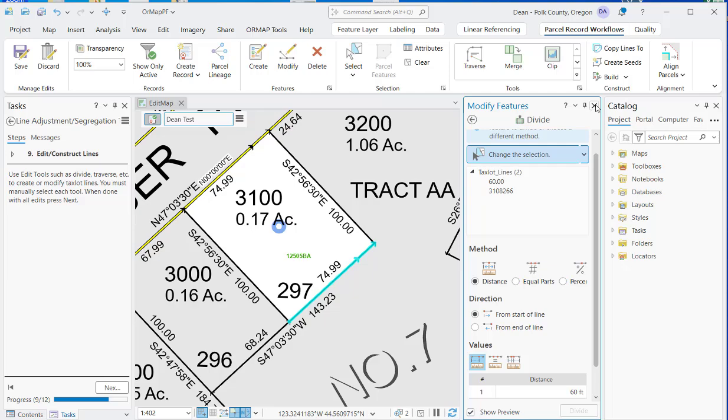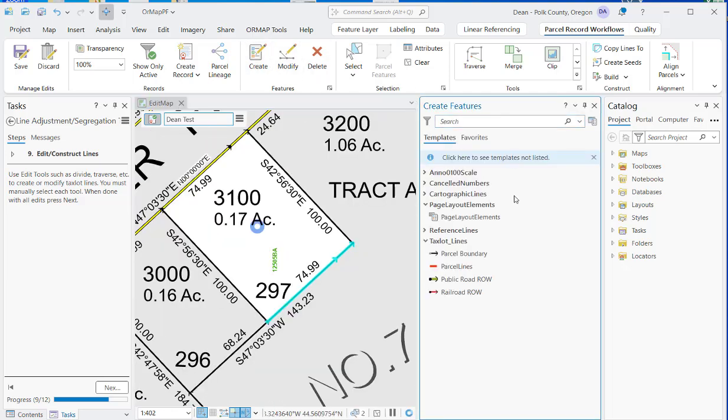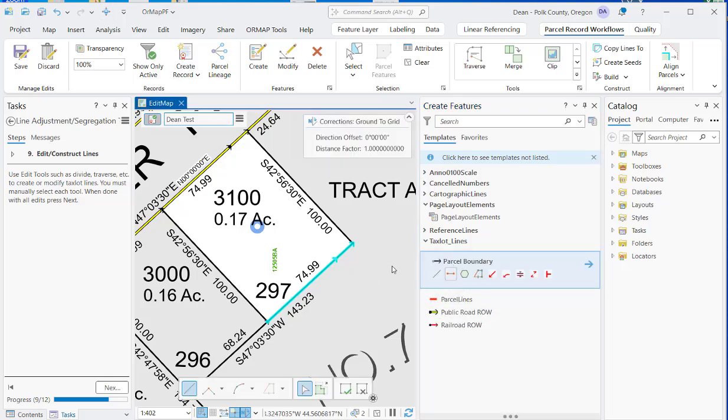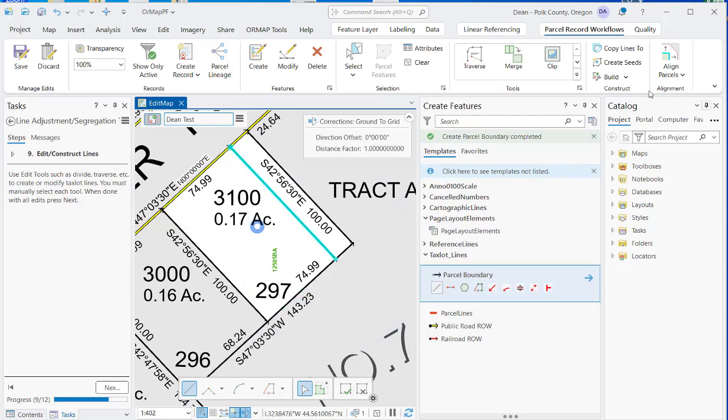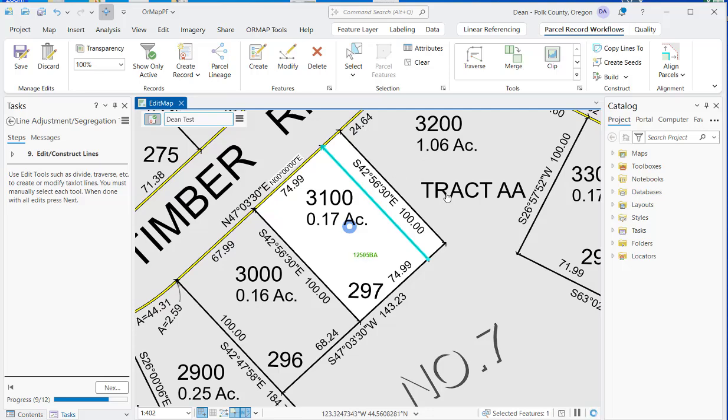I then am going to create a tax lot. I could have done a number of different functions, such as traverse and so forth, to modify this internal boundary, but for the sake of making things go fast, I'm going to just digitize the line. I'm going to select the endpoint. I'm going to go to the other endpoint. I'm going to double click, and at that point the line is there. I'm going to press next because I'm done